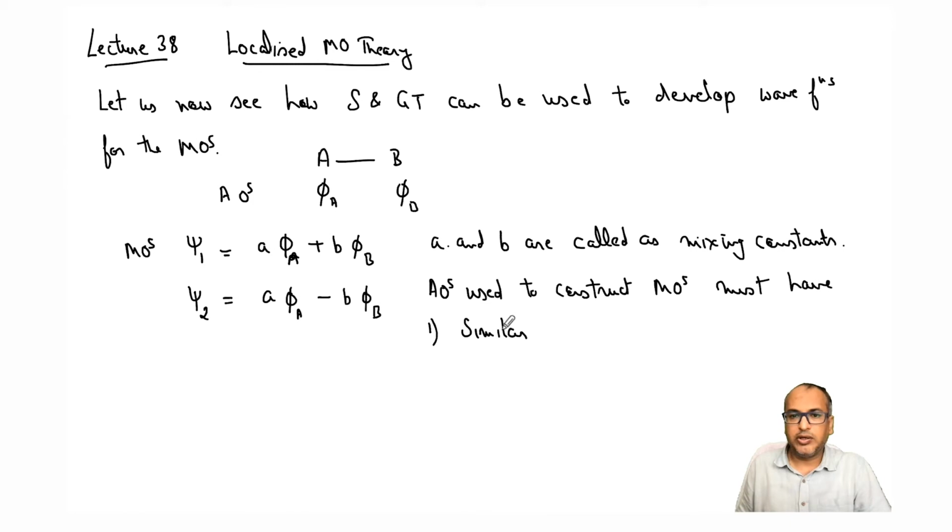See, if the energies are not in the similar range, it is not possible for the two atomic orbitals to combine. So for example, atomic orbital from one principal quantum number cannot be combined with atomic orbital from a second principal quantum number, right? So n has to be at least similar. Similarly, s orbital of a principal quantum number is difficult, I mean, you can still combine it, but it's difficult to combine with d orbital, for example, because d orbitals have higher energy than s orbitals. So a better mixing is between s and p orbitals, for example. Okay, that's a general rule of thumb. So the idea is that you have to have similar energies.